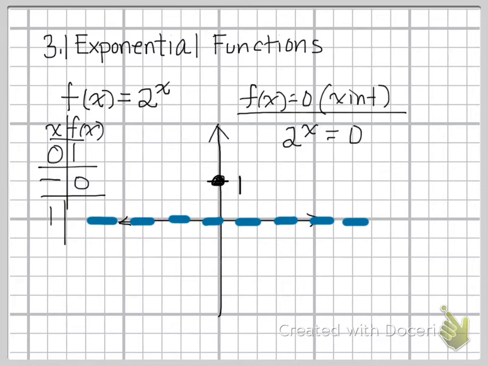If I let x equal 1, then I'm going to have 2 to the first, which is 2. Now let's find one more point. If I let x equal negative 1, I'm going to have 2 to the negative 1, which is 1/2. And let's plot those points. (1, 2) is here, and (-1,